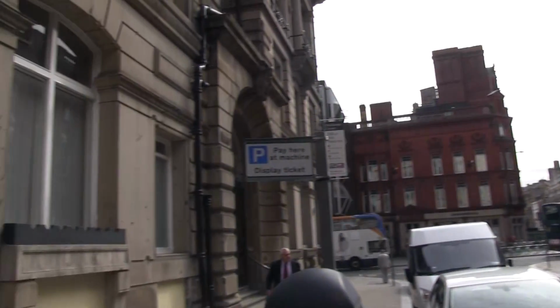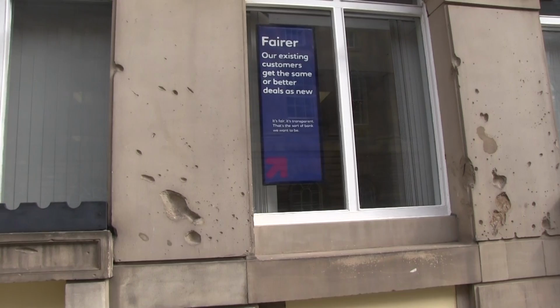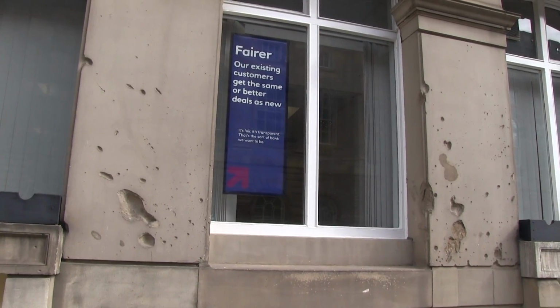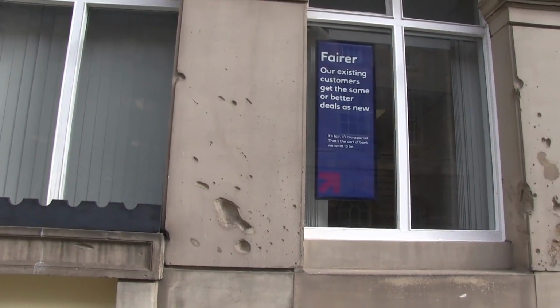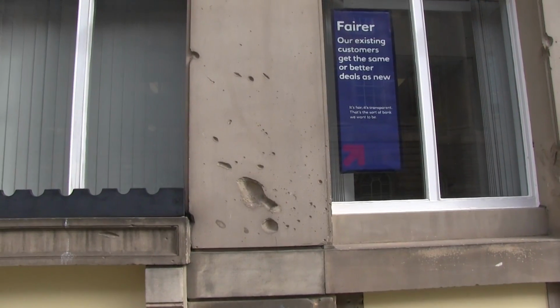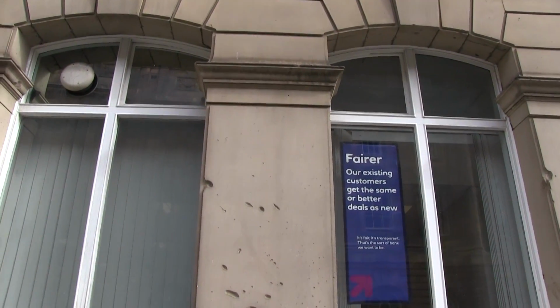But what you Americans don't have, and Canadians I guess, is city centre buildings with epic shrapnel scars on the side of your buildings from World War II. I believe, is that what it is? It's World War II, you're correct. So these are German ordnance that dropped in city centre Liverpool and scarred the buildings. You want to go down underneath that building to see the War Museum? I'll go have a look. Thank you very much. See that? America. Well, I'm actually Scottish, but I've...